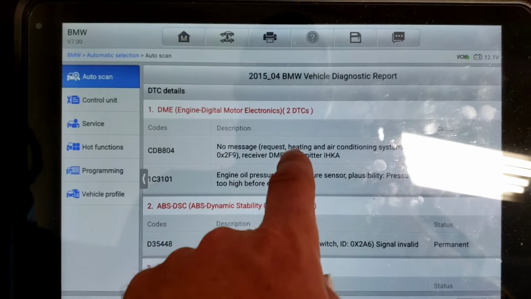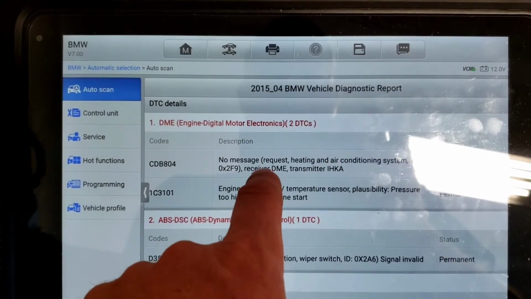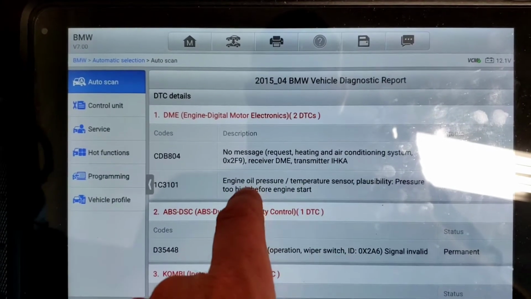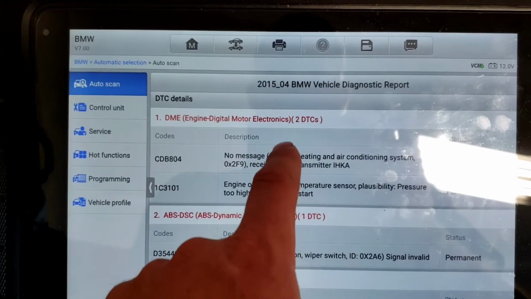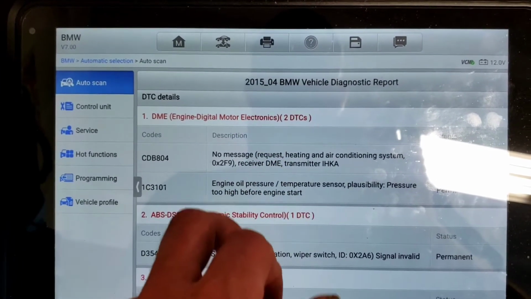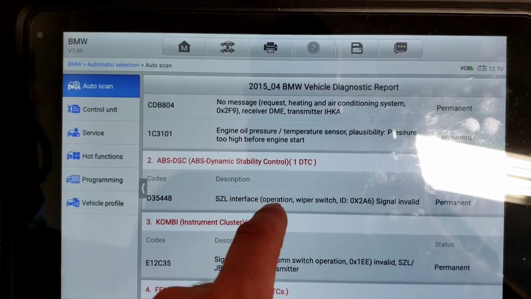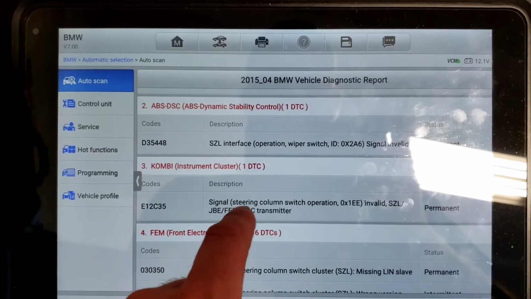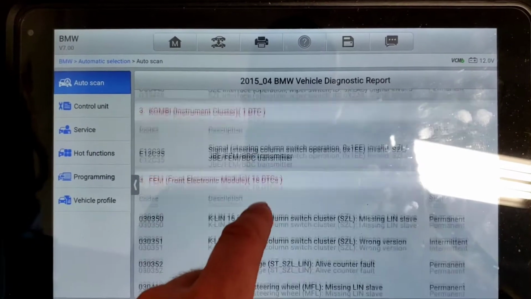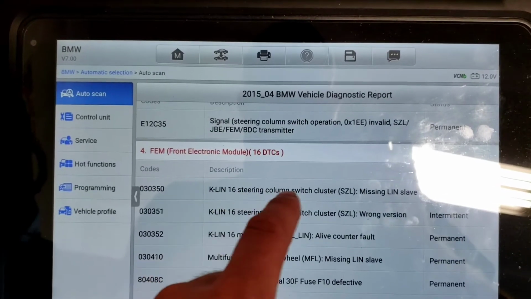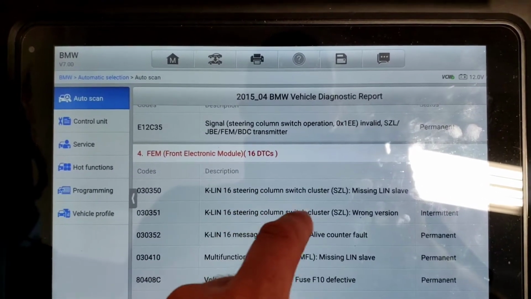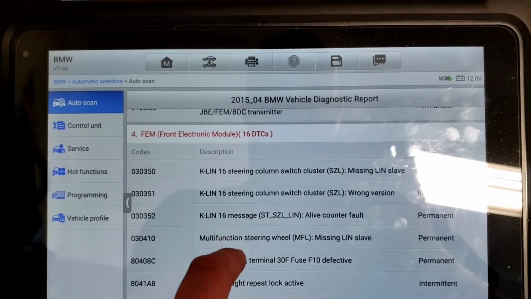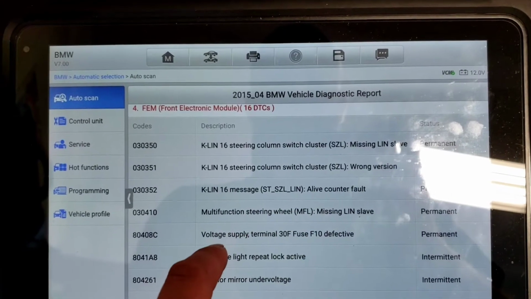The engine module: no message, request heat and air conditioning system, receiver from Digital Motor Electronics, and engine oil pressure temperature plausibility, pressure too high before engine start. I think this is the one that we're concerned with, not this one. Then ABS, SZL interface operation wiper switch, signal invalid. Instrument cluster, signal steering column switch operation invalid. The front electronic control module, steering column switch cluster, K-line. 16, steering column switch cluster, the message for the K-line, multi-function steering wheel, missing,